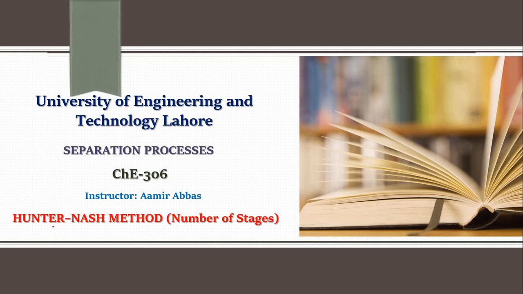We have to continue with the last stuff which we discussed at the end of the last lecture. Yesterday we were talking about the use of equilibrium for immiscible systems, and there were a few points related to triangular diagrams. Then at the end of the lecture I introduced you to the method which is used for designing the system, actually for calculating the number of stages. That was named the Hunter-Nash method, and we have to proceed with the same method today.